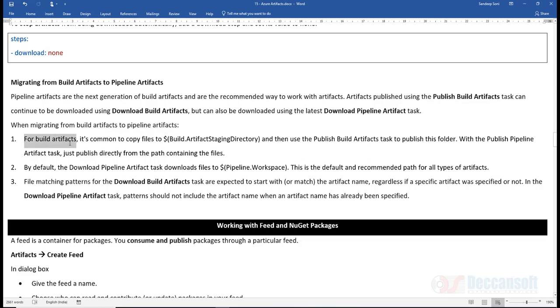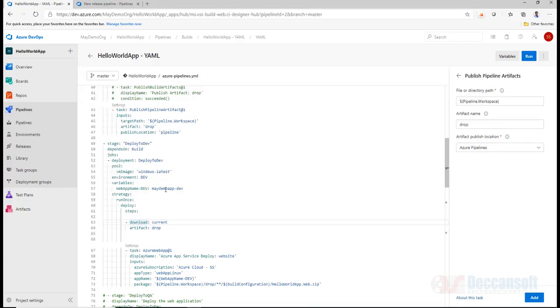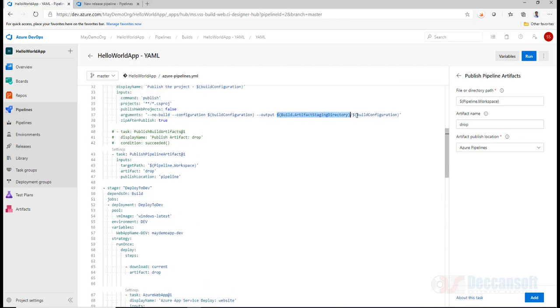For build artifact, as I said earlier, it is common to copy files to the artifact staging directory and then use the publish build artifact task to publish this folder. With publish pipeline artifact, just publish directly from the path containing the files. It is not necessary that you compulsorily do it like this.